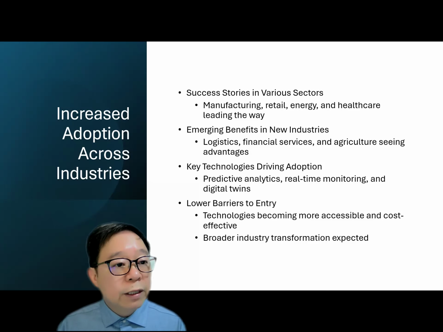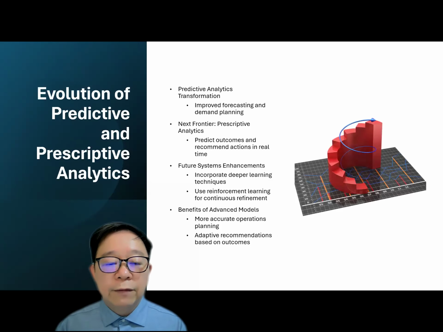Right. So now with the accessibility of AI, we see the technology become more accessible and cost-effective. The industry transformation is expected, right? So this is why AI is almost everywhere. If we look at the predictive analytics transformation, the goal is to improve the forecasting and demand,